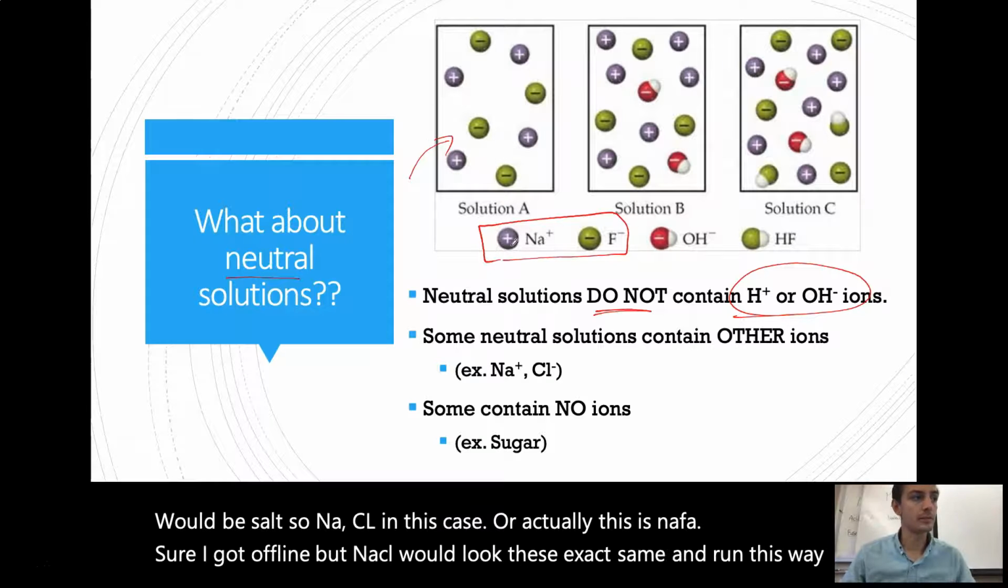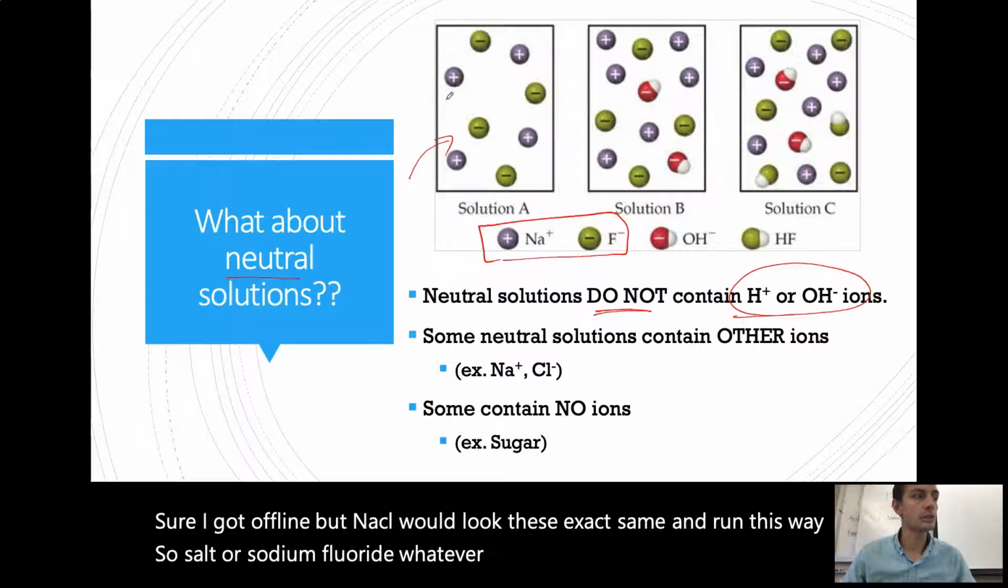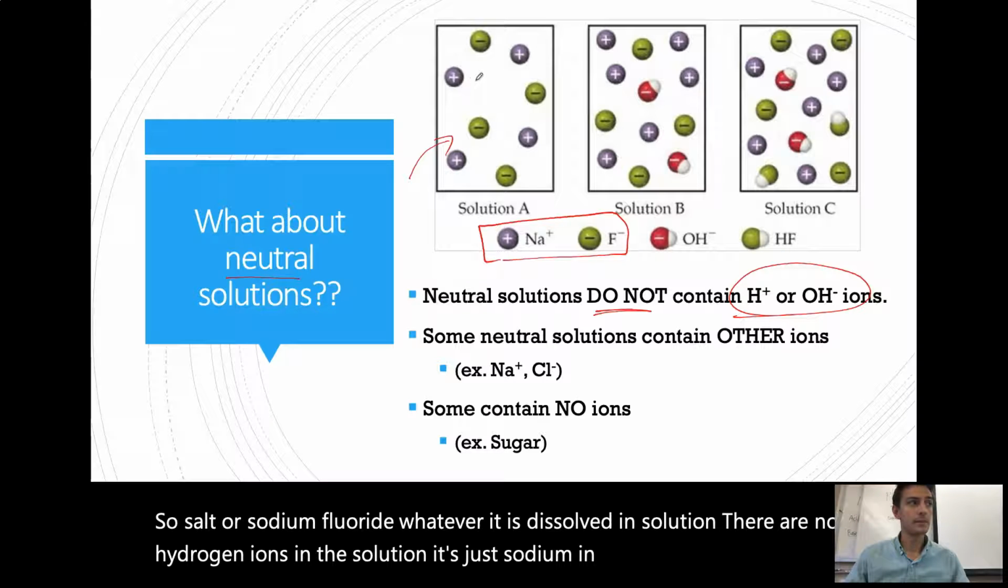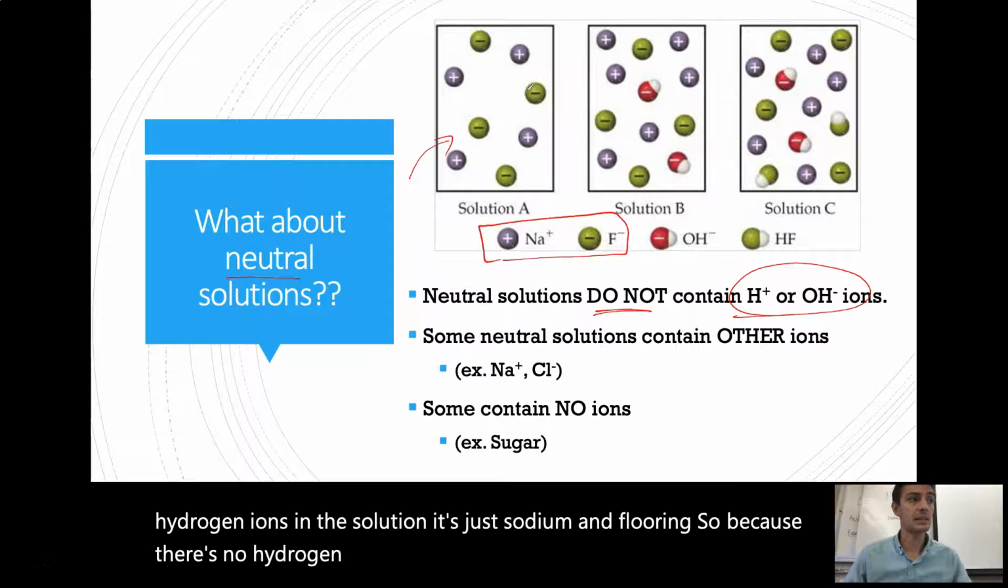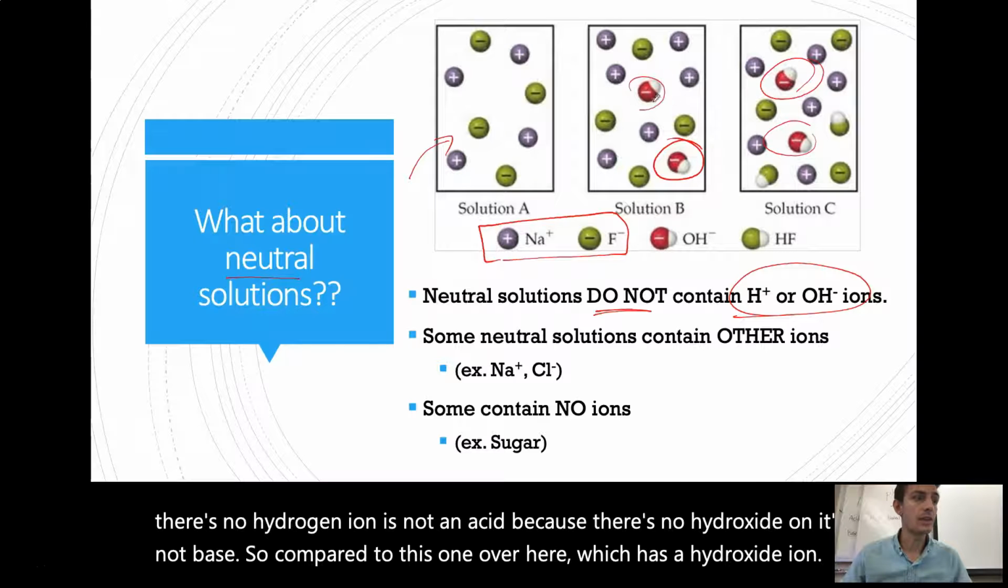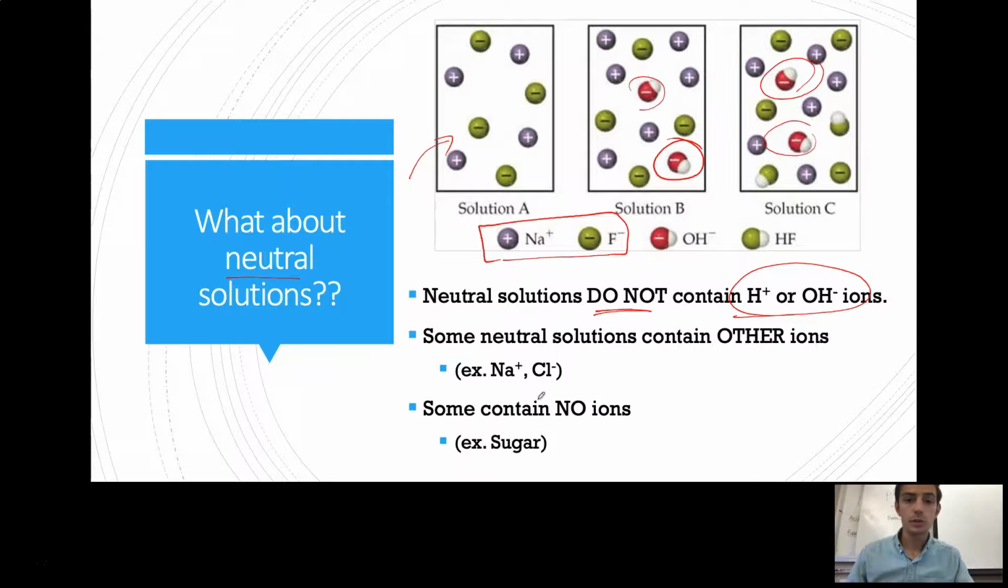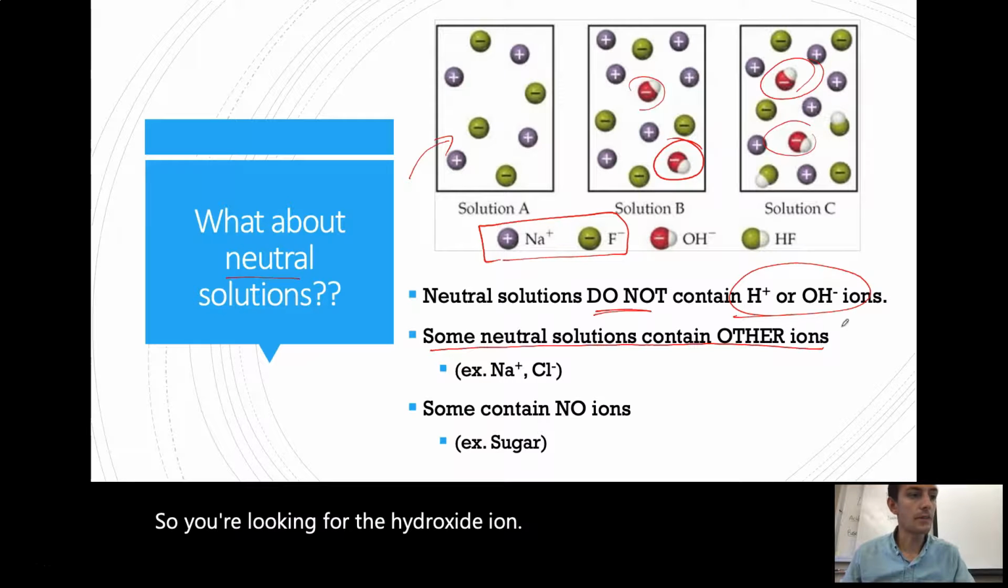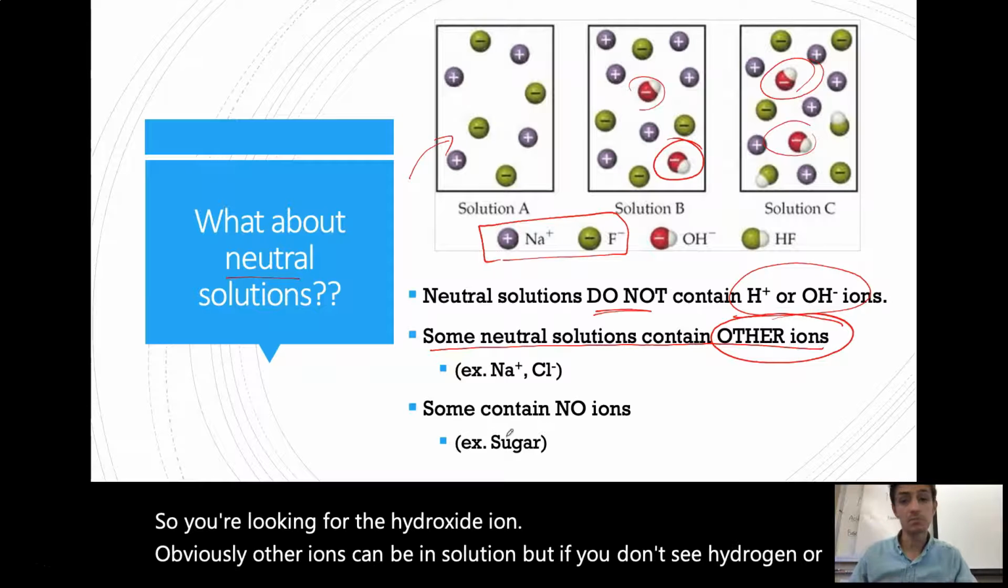So salt or sodium fluoride, whatever it is, dissolved in solution. There are no hydrogen ions in this solution. It's just sodium and fluorine. Because there's no hydrogen ion, it's not an acid. Because there's no hydroxide ion, it's not a base. Compared to this one over here, which has a hydroxide ion, these are examples of acids and bases. So you're looking for the hydroxide ion. Obviously, other ions can be in solution, but if you don't see hydrogen or hydroxide,